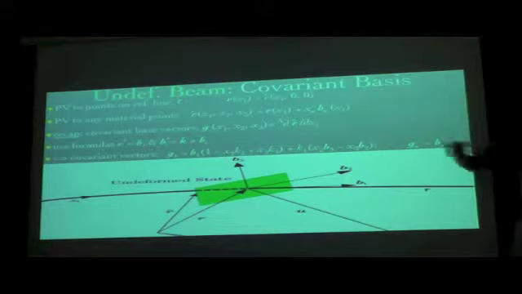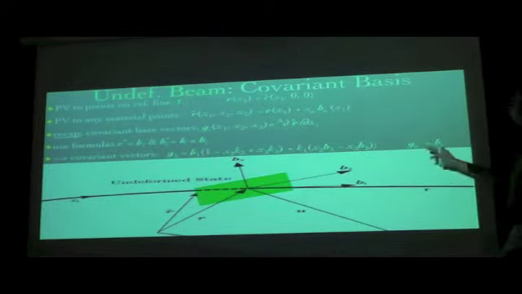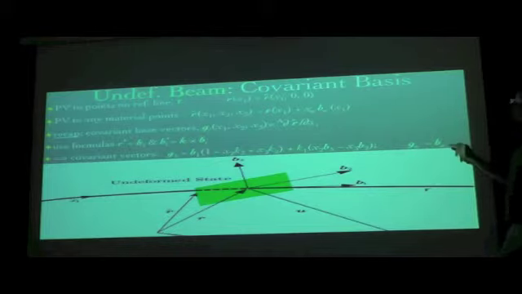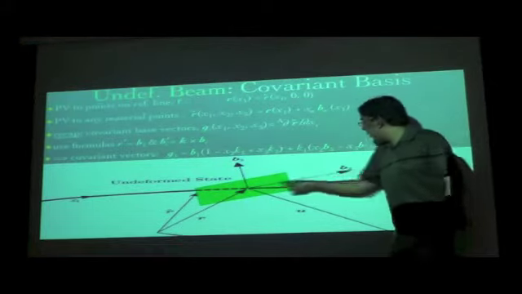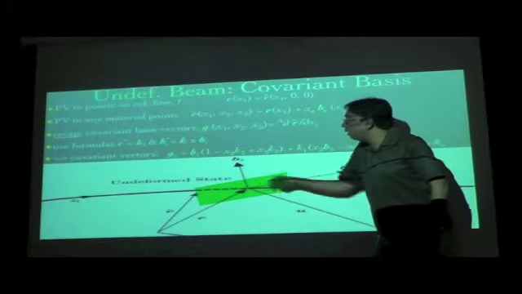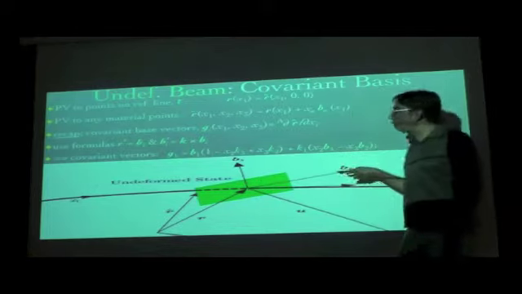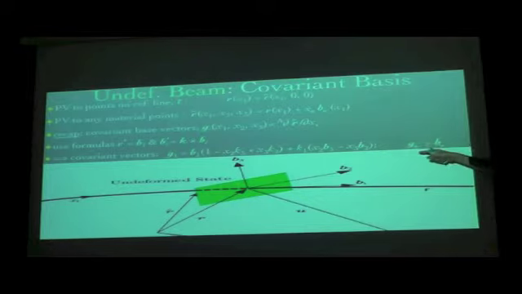We are allowing for any initial twist and curvature to be present simultaneously, and also to change if it wants along the entire length. So even for the most general case, you see that G2 and G3 are B2 and B3, and this is not surprising, because the covariant basis vectors are nothing but tangents to the coordinate curves, and the coordinate curves we have introduced are x2 along B2 and x3 along B3. In other words, we have said that those coordinate curves are straight lines, and we are just introducing B2 and B3 parallel to them. So it's quite obvious that G2 and G3, small g with subscripts 2 and 3, should turn out to be B2 and